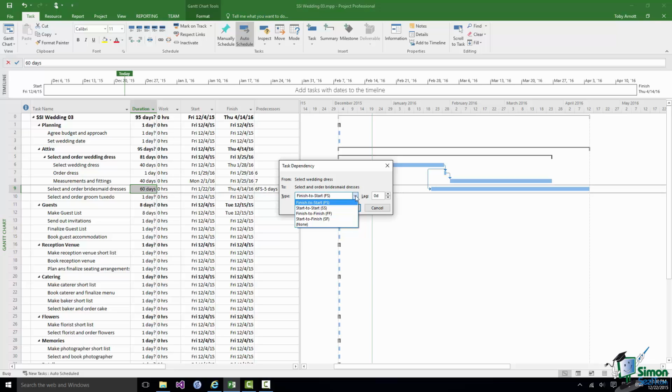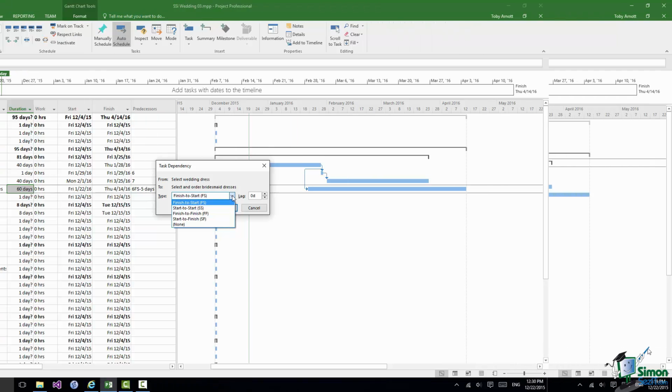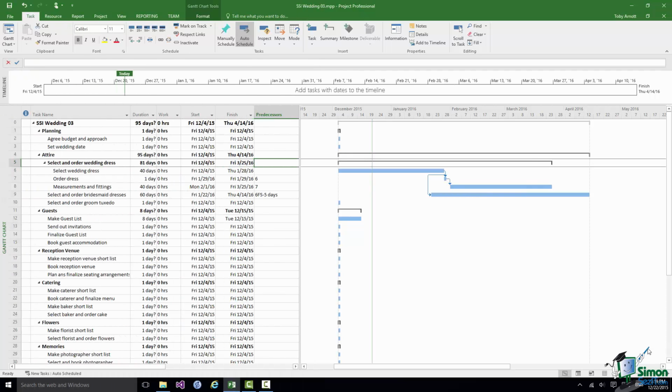Now, by far the most common dependency is the finish to start, but you are very likely to come across the others. And in the next section or two, I'm going to show you 1 or 2 examples of these other types of dependency. The next task that I want to look at is the task of making the guest